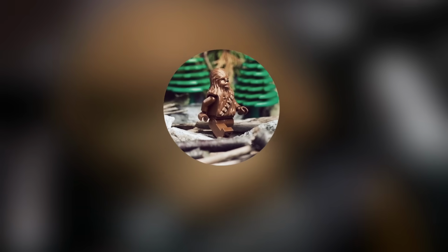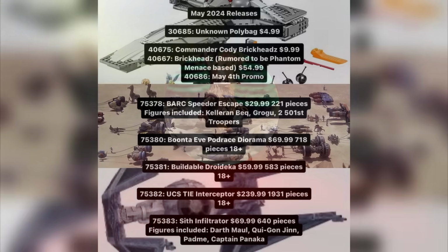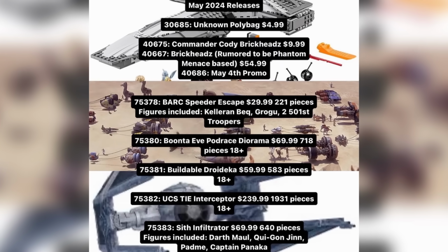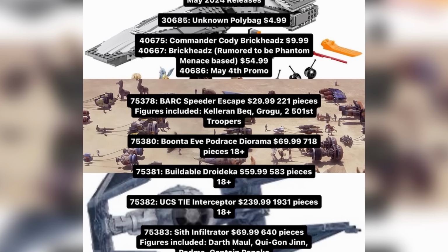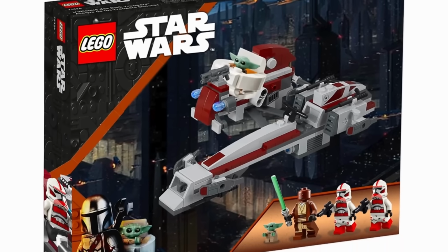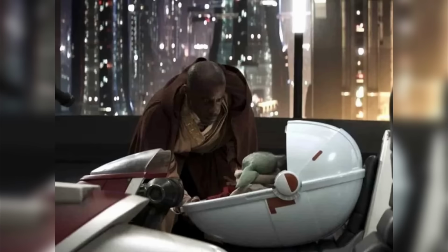2 months after the March 1st wave, on May 1st is when we're going to get the second large wave of the year, with a total of 9 different sets, being 30685 an Unknown Polybag for $5, a Commander Cody Brickheads for $10, and then a bigger Brickhead set for $55 that is rumored to include Phantom Menace characters, 75378 Bark Speeder Escape with 221 pieces and a retail price of $30 US, including Keller and Beck, Grogu, and 2